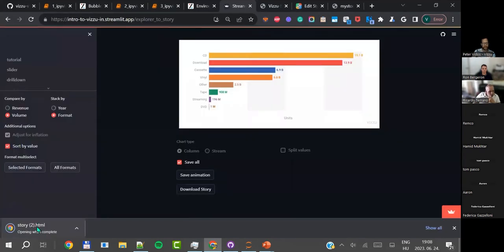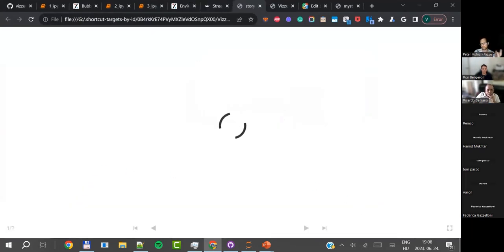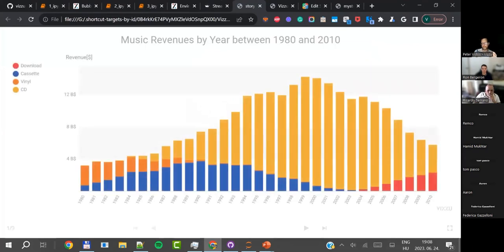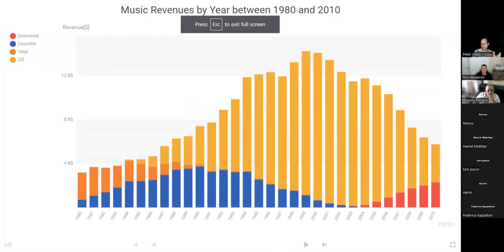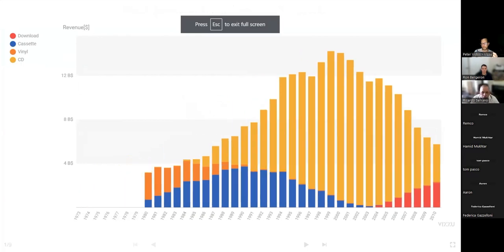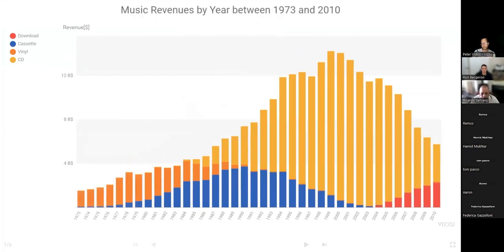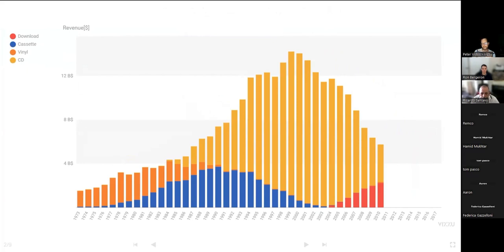And what you see here is an IPyVis story, a story that has all the elements of a presentation and includes every step that I took using this Explorer.